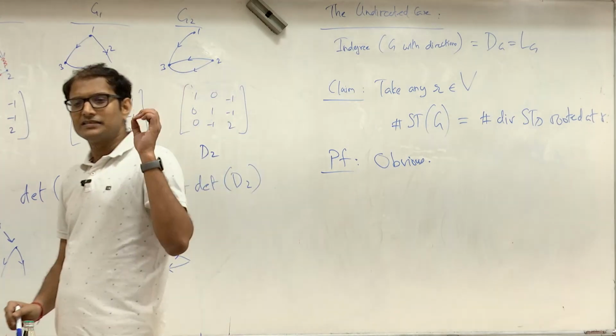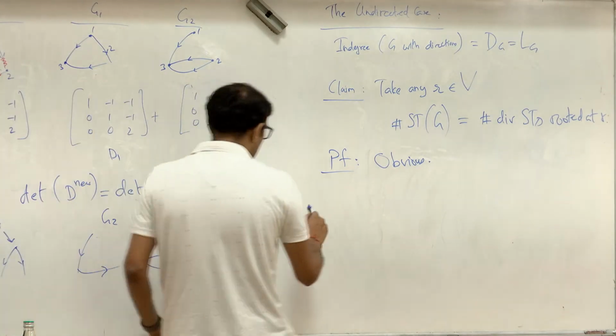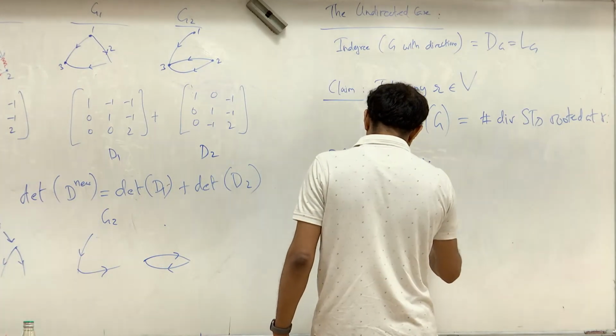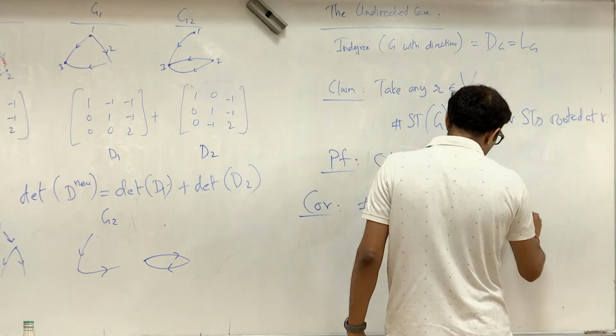This means, as a corollary, that if you count the number of spanning trees of an undirected graph, what you could do is look at the Laplacian, eliminate any row and any column, and done. Right? So eliminate the same row and the same column. Remember, Laplacians are singular matrices. Their determinant will come out to be 0. So the corollary we have is that the number of spanning trees of an undirected graph G is exactly equal to the determinant of